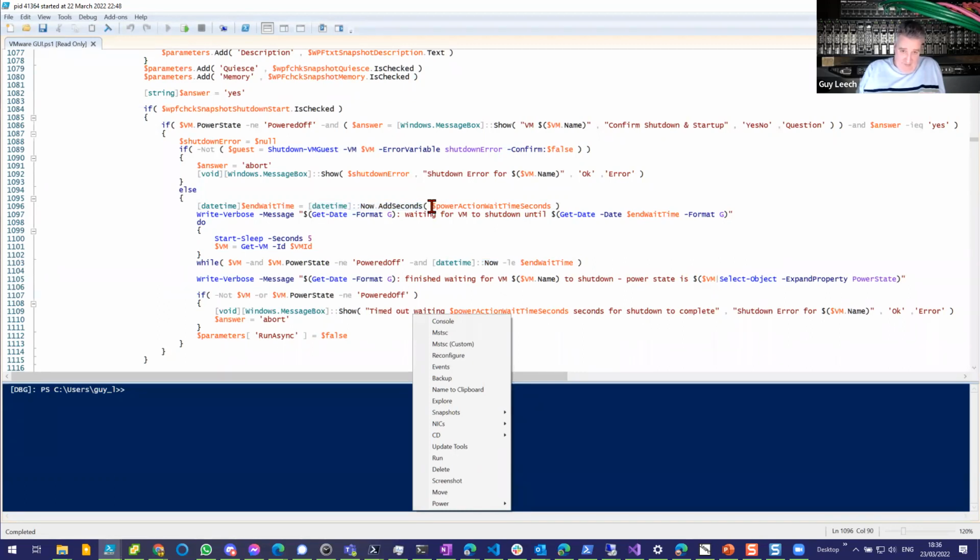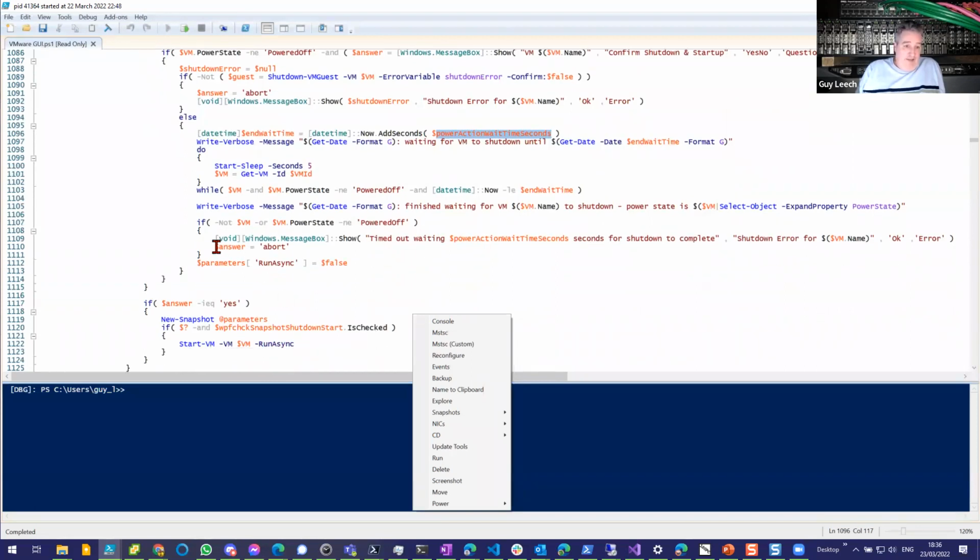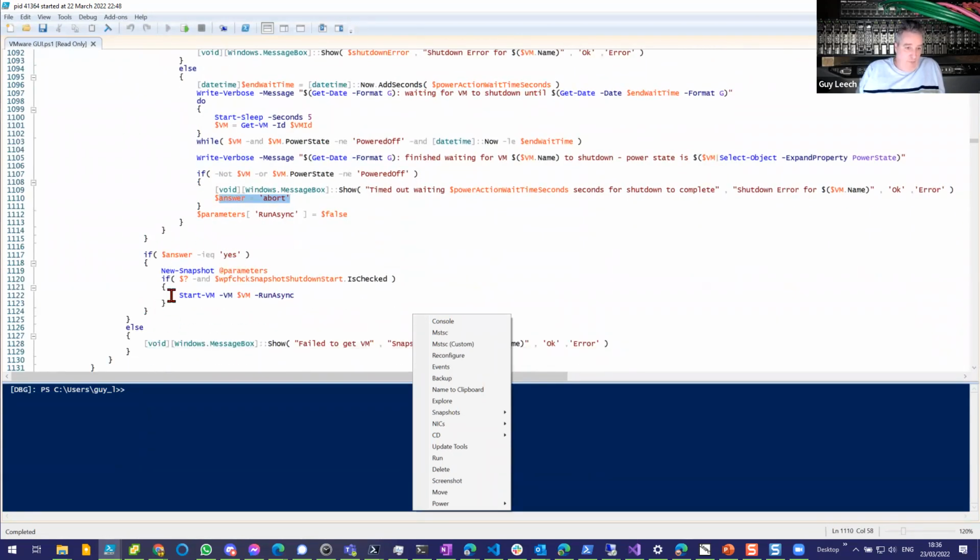But again, what I tend to do is, rather than hard code things, to put these things in as parameters with default values. So this defaults, I think, to 120 seconds. So this will wait for at most 2 minutes before it comes out here. And if it's not powered off, it'll say timed out waiting. It then sets the answer to abort, so that